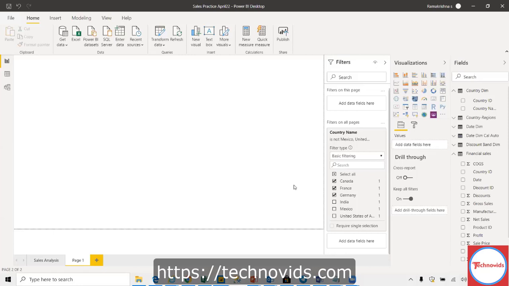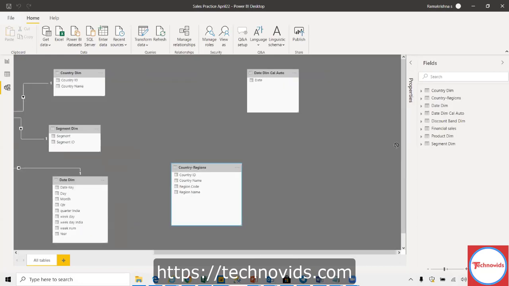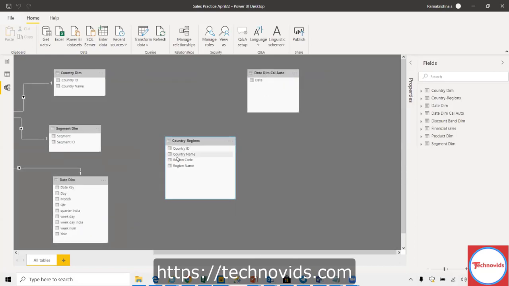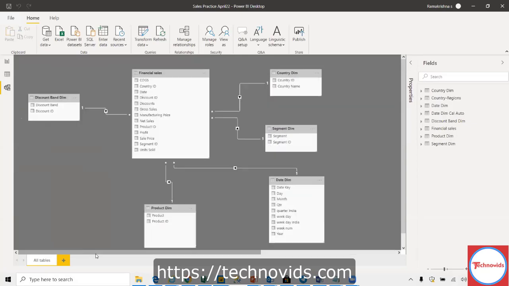Okay, so what you have done is, let's go to the model. I think we'll understand better now. All right, let me just recap whatever we have done so far. In terms of the model, don't worry about this table for now. And this is the calendar we did, right? That table is also there.